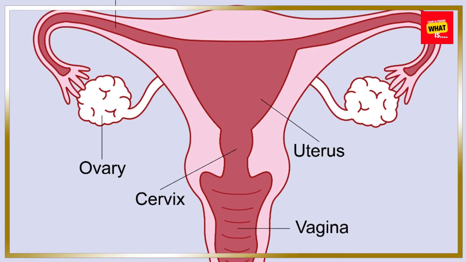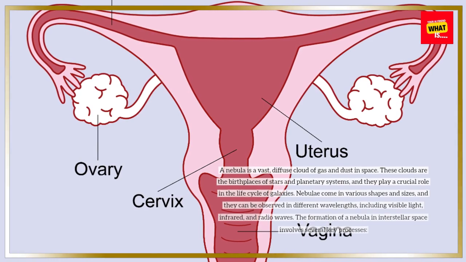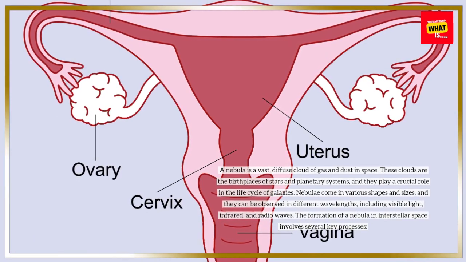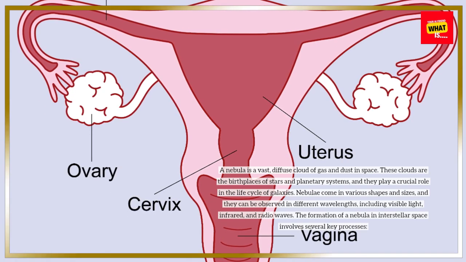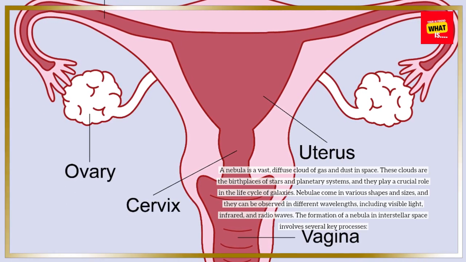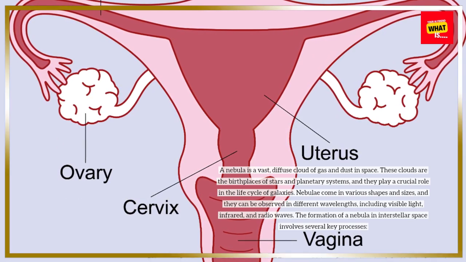A nebula is a vast, diffuse cloud of gas and dust in space. These clouds are the birthplaces of stars and planetary systems, and they play a crucial role in the life cycle of galaxies. Nebulae come in various shapes and sizes, and they can be observed in different wavelengths, including visible light,